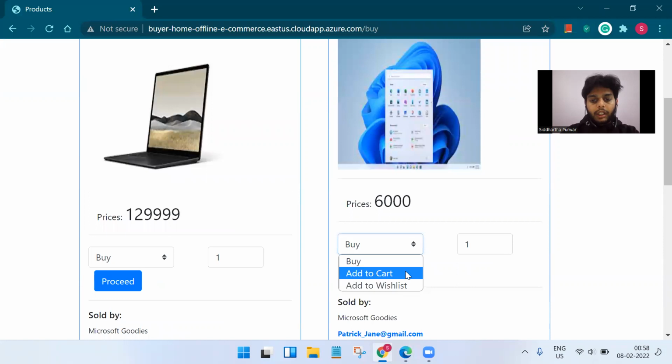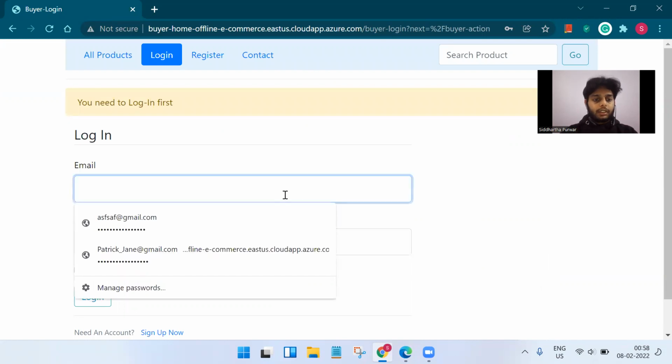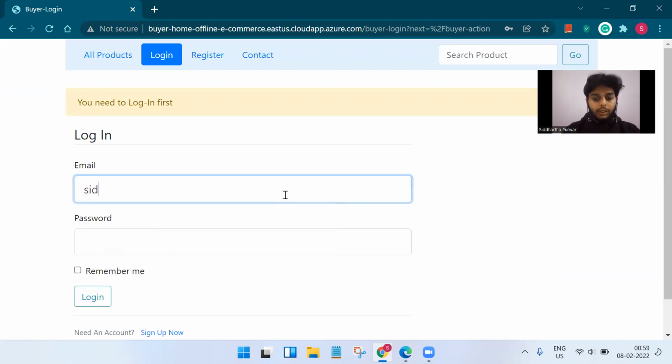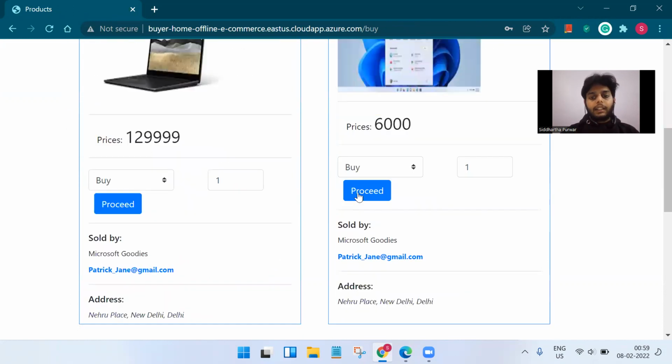Suppose I want to put this product in the cart, I will say add to the cart. But it wants me to log in first. This is a cool feature: the user must log in before putting in any order or using any functionality. So I will log in here. Okay, it logged me in. So I can now put this product